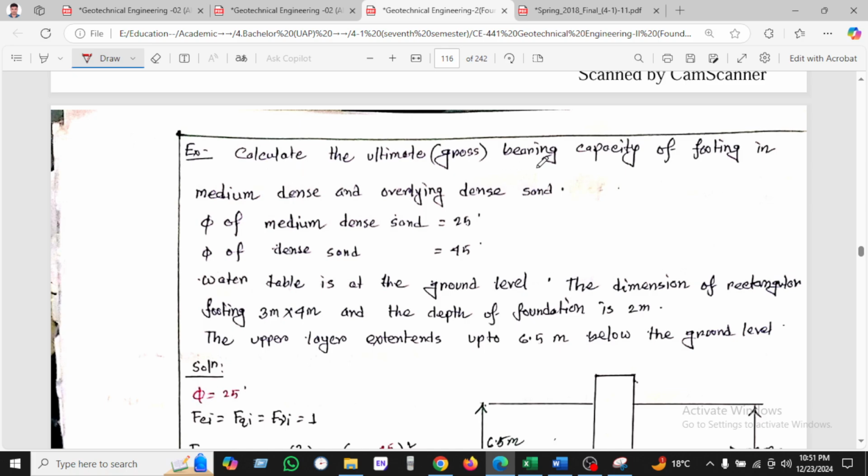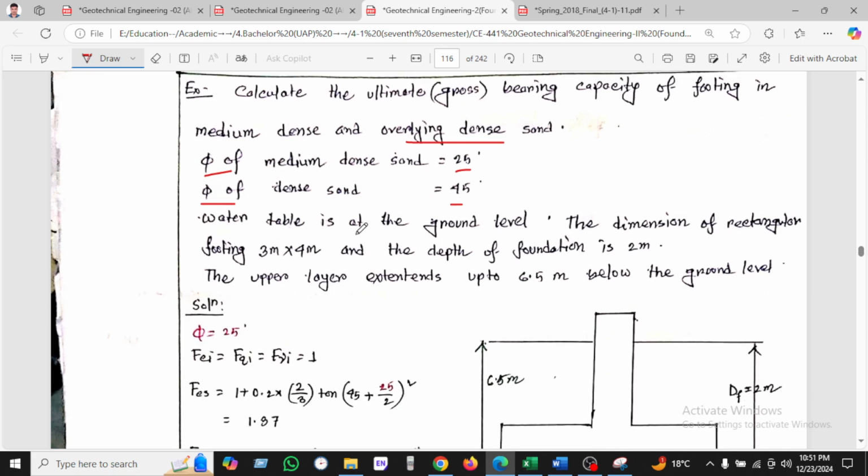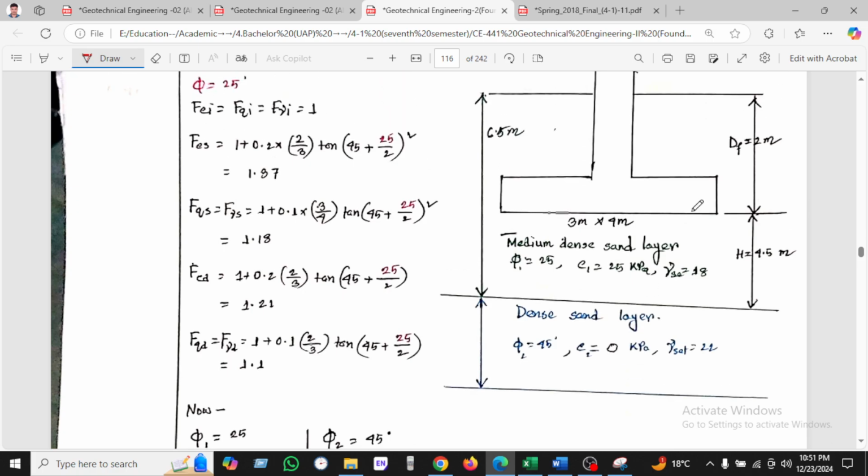To calculate the ultimate or gross bearing capacity of a footing on medium dense sand overlying dense sand, with phi equal to 25 and phi equal to 45, and water table at the ground level. The rectangular footing is 3 by 4 meters, and the upper layer extends 6.5 meters below the level. So this is our